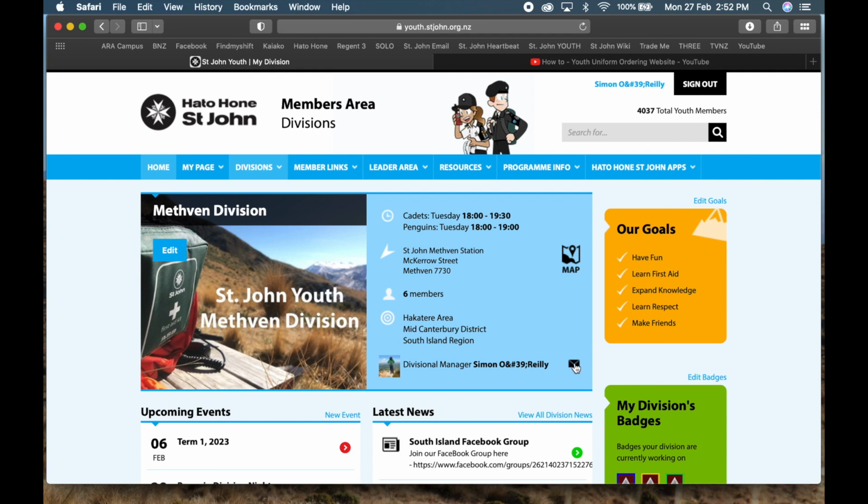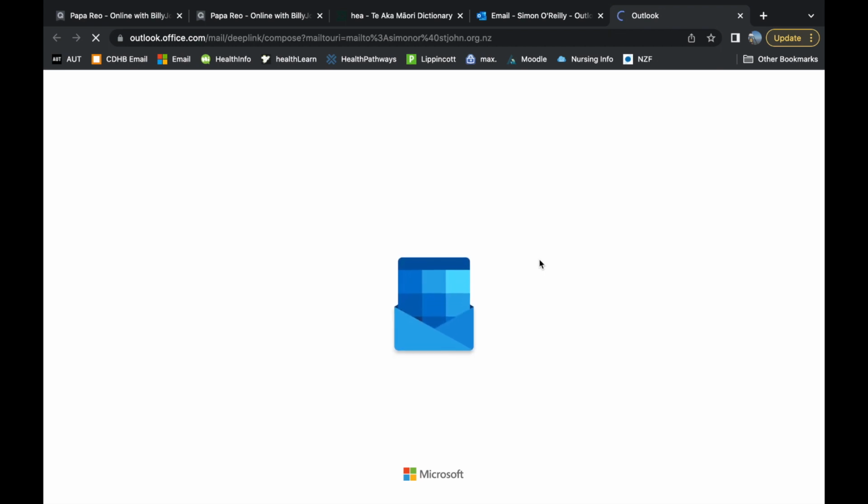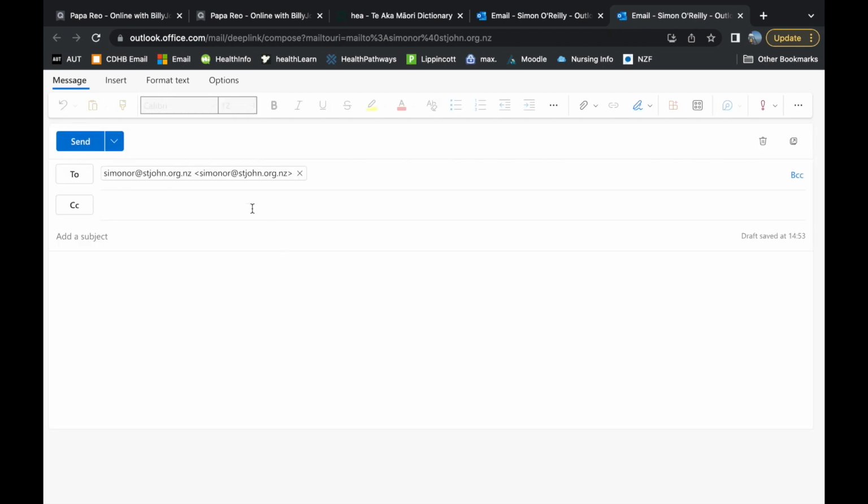Like I said, this wee email button, if a parent wants to email you or a new member wants to come along and join, clicking here will bring up an email box with your information already in it, so they can email it straight to you. That's just going to take some time to load for me today, but you'll just have to trust the process and that it works. There we go, it brings up my email.